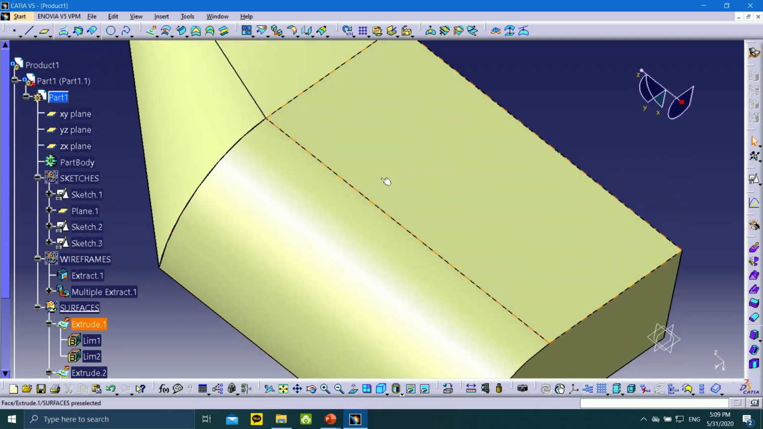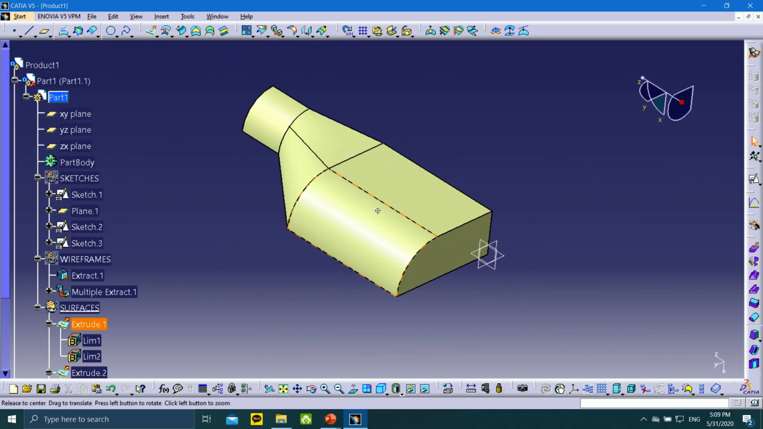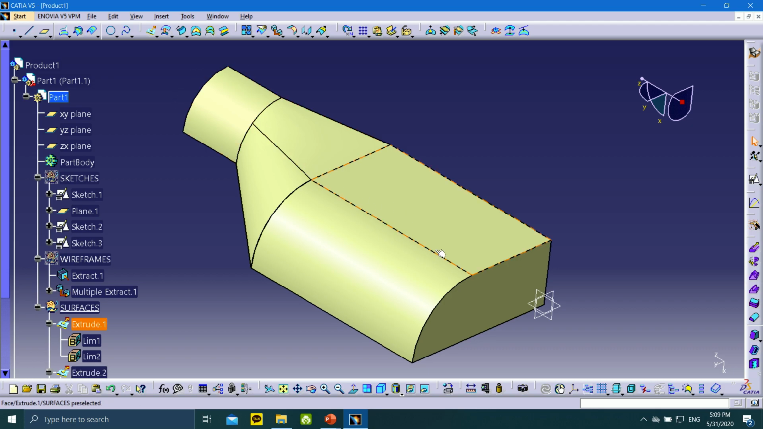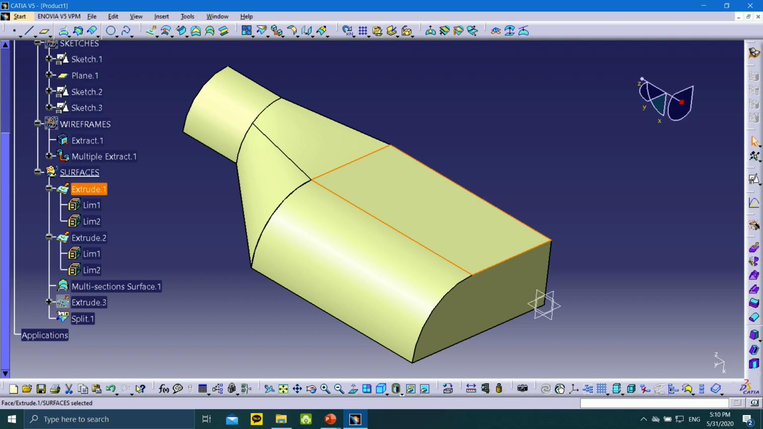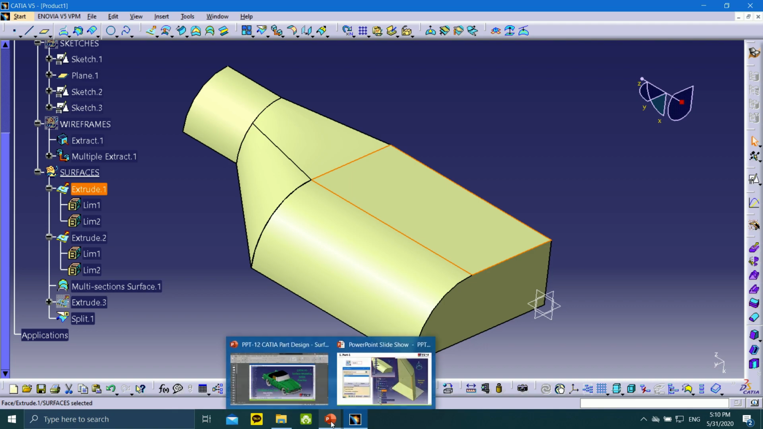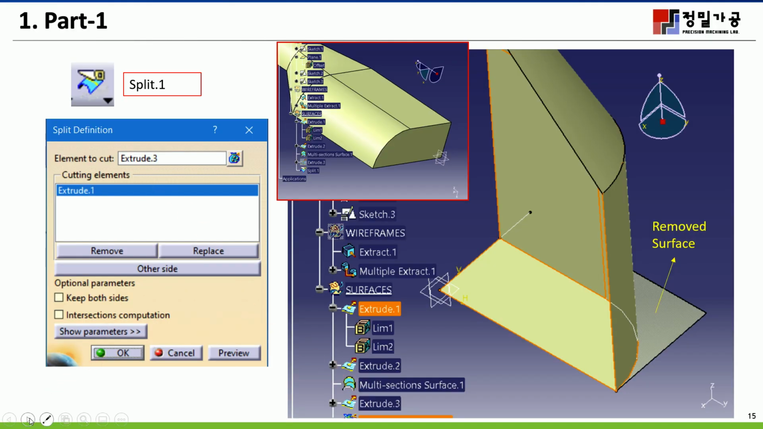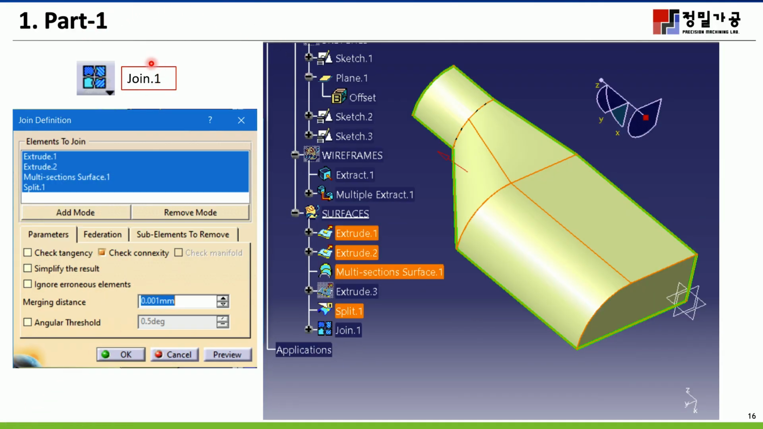After creating this, it's very simple. You have to join all these 4 surfaces. You have this surface, Extrude, Extrude 2, Multi-section, and then the split surface. So in the presentation, you just go through the join. After you join all these surfaces,